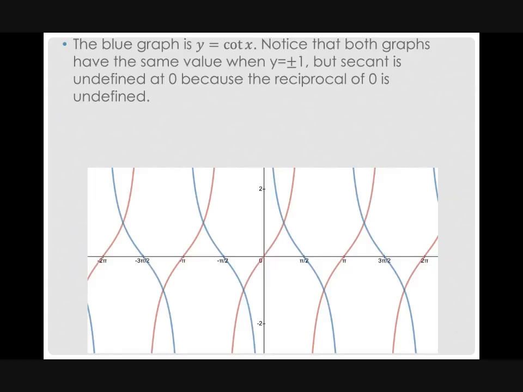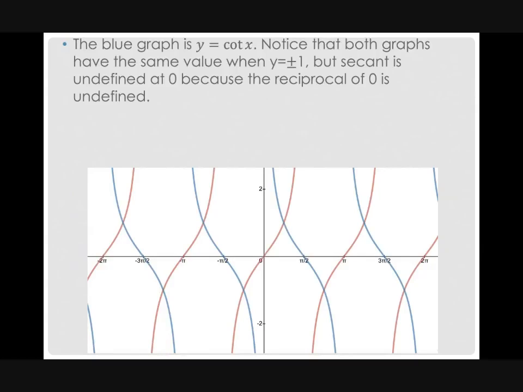This is the graph of cotangent. Notice the points in which they are both equal to 1. These actually occur at pi over 4 and iterations of pi over 4. This is because on the unit circle, your coordinate there is root 2 over 2, comma, root 2 over 2. And tangent of theta is also known as y over x. So if you take the square root of 2 over 2 divided by the square root of 2 over 2,